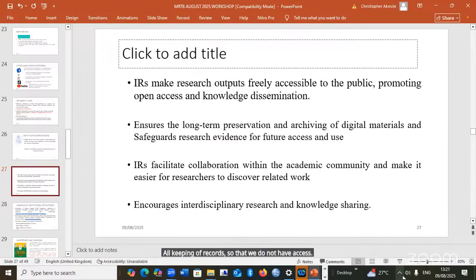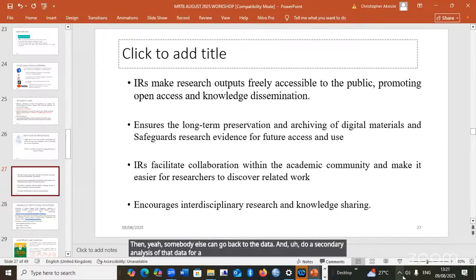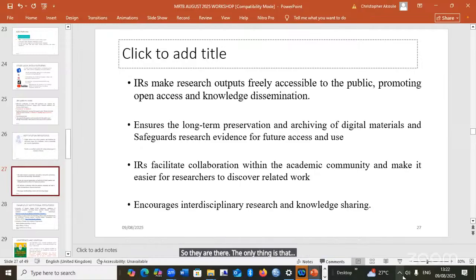But for the data that you submitted 10 years ago, somebody else can go back to the data and do a secondary analysis to answer a new research question. The only thing is that you, as the primary collector and provider of the data, will be acknowledged well. So people can still use the data you submit today, even many years later, to answer new research questions or meet new research objectives.